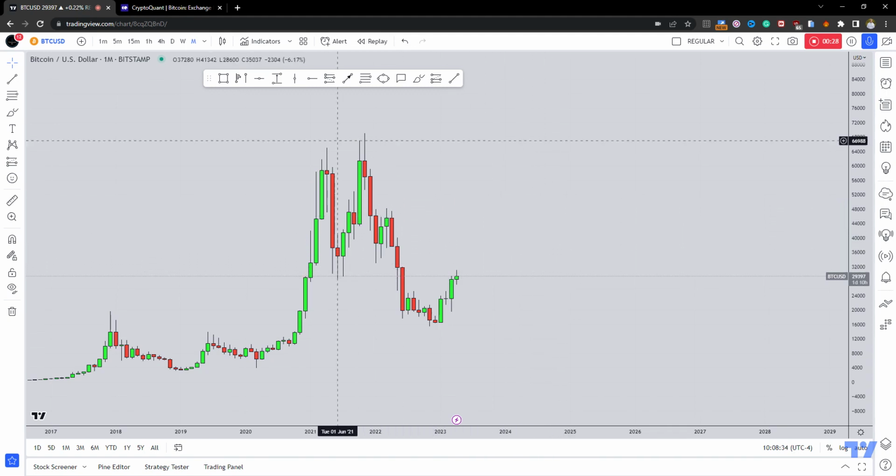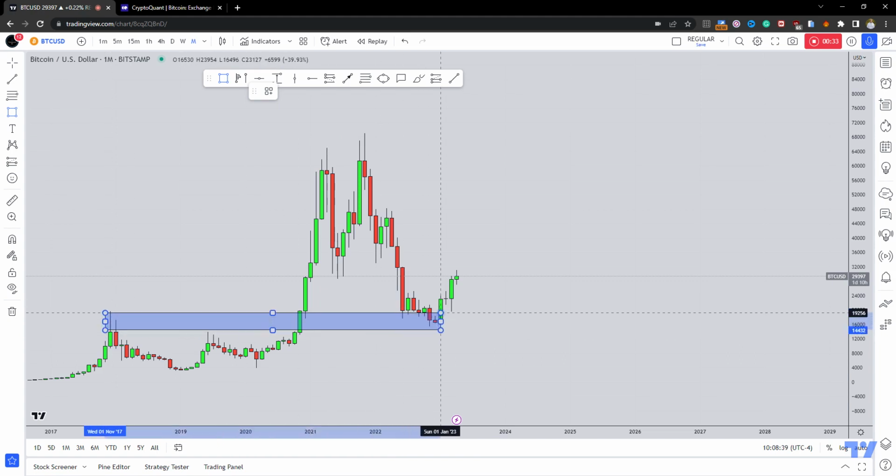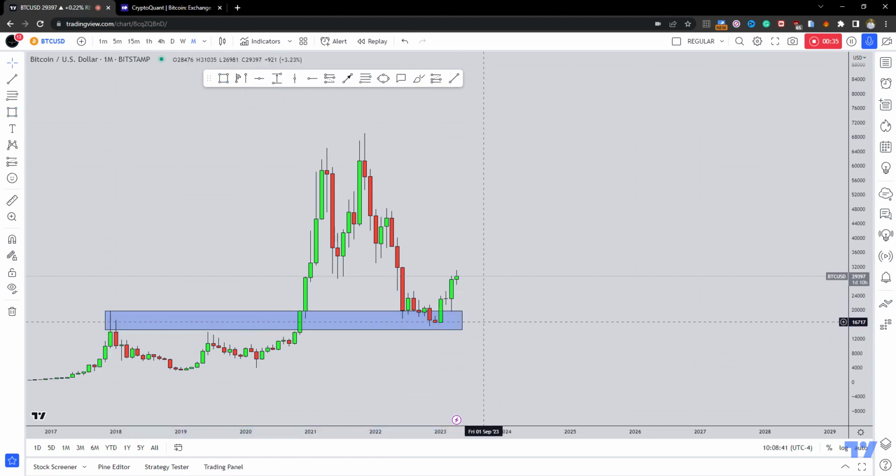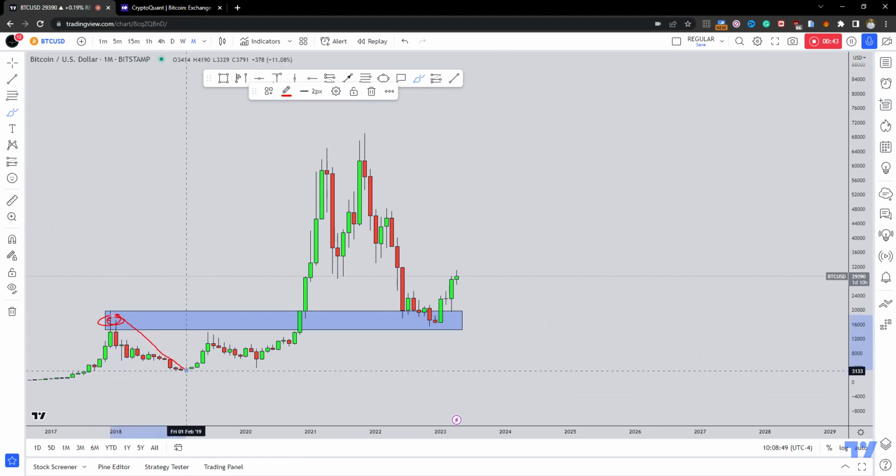Now, starting from the monthly time frame, what we can see is that we have a market which is currently testing a quite strong level of previous monthly resistance, which is now turned support. In fact, from here, this is the high of the previous bear market. From here, the previous bear market developed. Here, we had the halving, the market entered into a bull market. Now we are once again in a bear market, which, in my opinion, just ended here with the test of